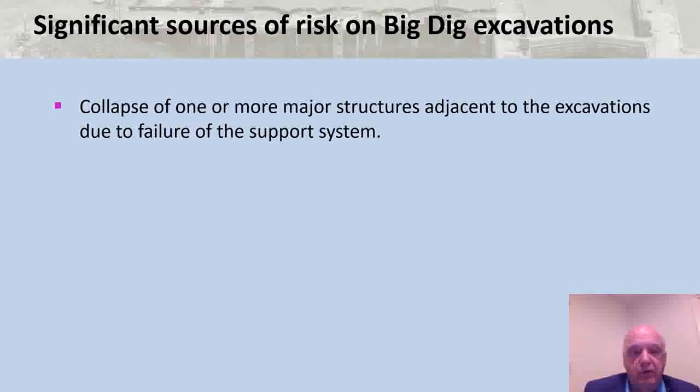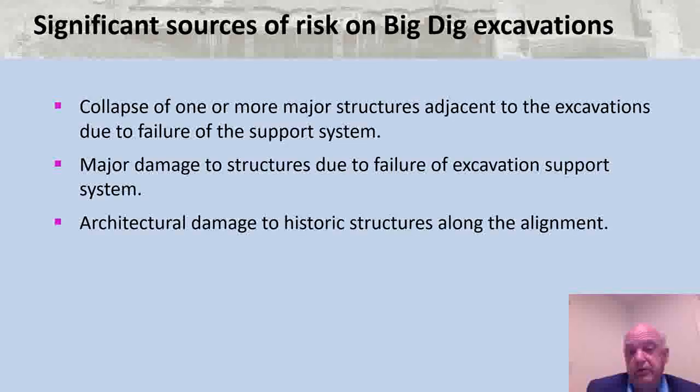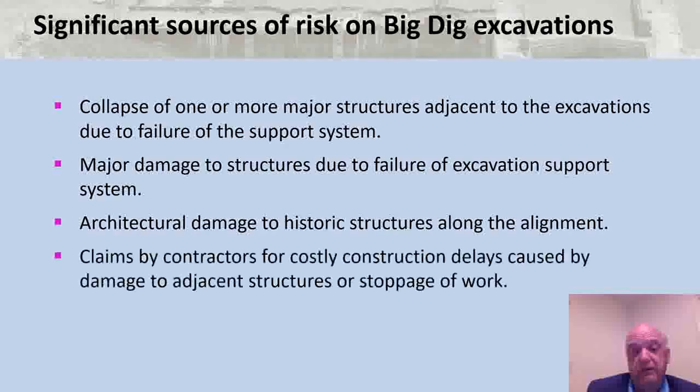So looking at this from what are the significant sources of risk, that could be collapse of one or more major structures adjacent to the excavations. We had many high-rise buildings within the construction impact zone. Major damages to other structures due to failure of the excavation support system. Architectural damage to historic structures, of which there are 150 along the alignment. And then significantly claims by contractors from costly construction delays caused by damage to adjacent structures or stoppage of the work, as we had a lot of contracts back to back, and so any delay could potentially compound